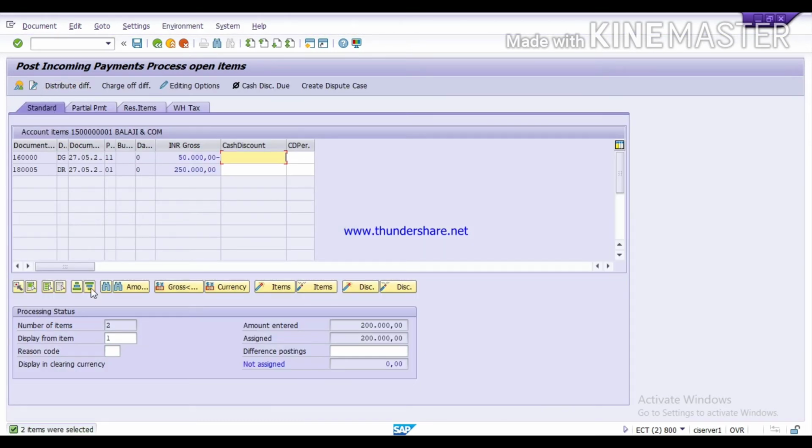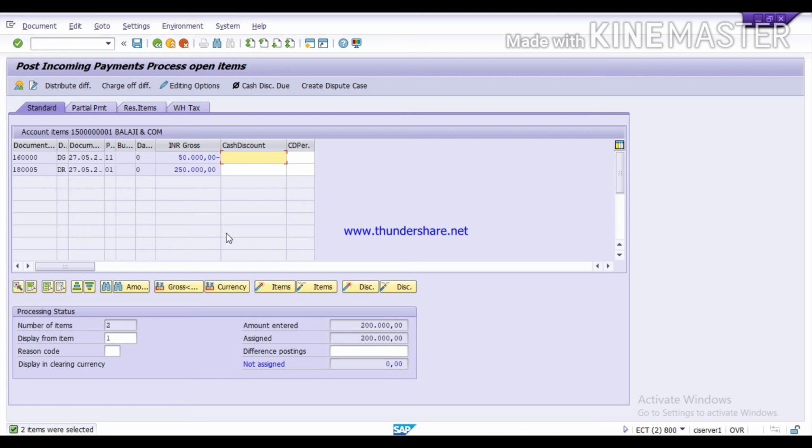Here you can see 2 items are selected. First is DR, which is for the customer invoice. Total invoice is 2,50,000, and DG for the credit memo of 50,000 rupees, which is for sales return. And here you can see the amount entered is 2 lakh rupees and assigned amount is 2 lakh rupees and balance is 0.